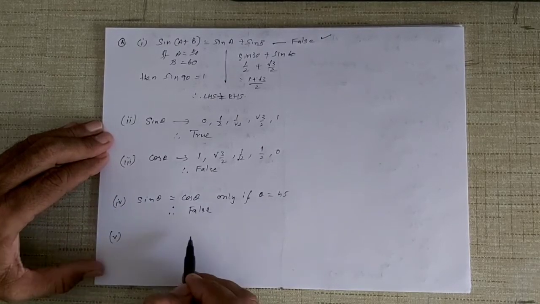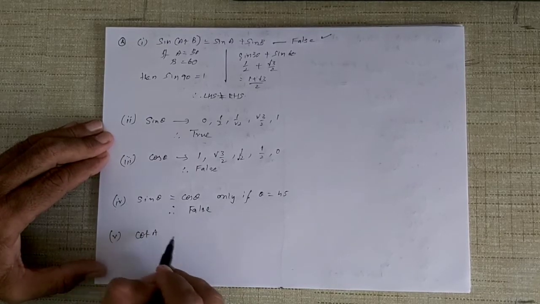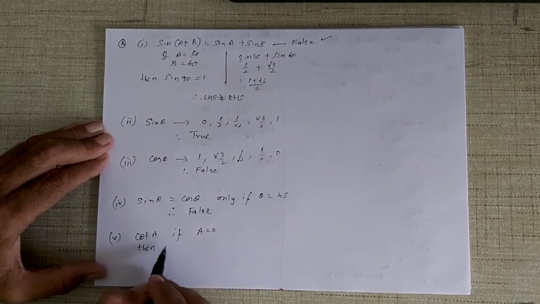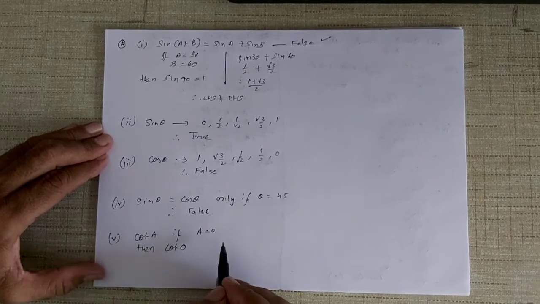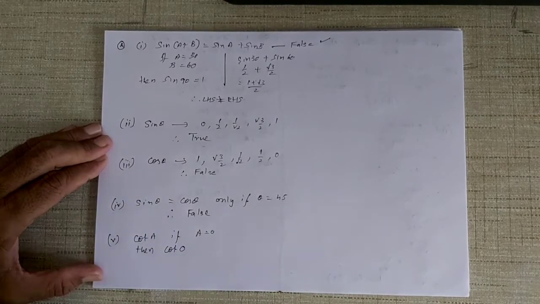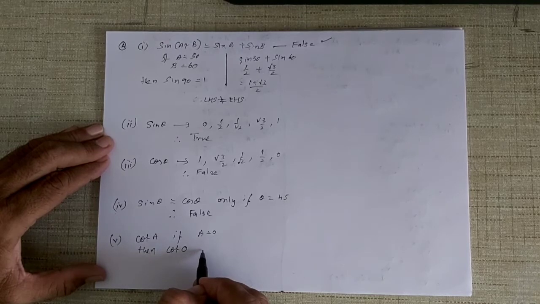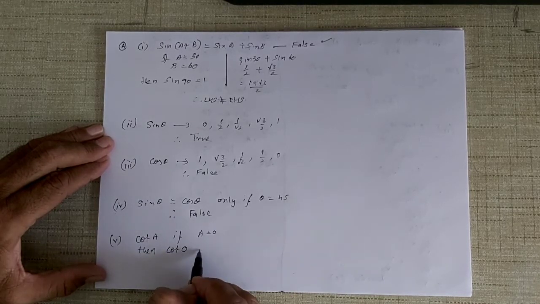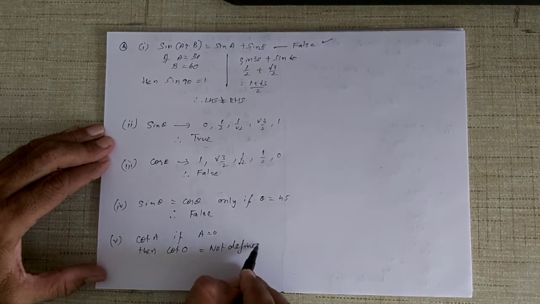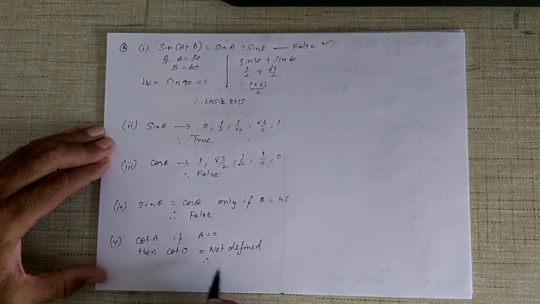And the fifth one here says, cot A is not defined for A is equal to 0. If A is equal to 0, then cot 0 will be equal to what? It's not defined. Why? Because cot 0 is the reciprocal of tan 0. What is tan 0? Not defined. Therefore, cot 0 is not defined. If you look at the table, you will see cot 0 is not defined, and therefore